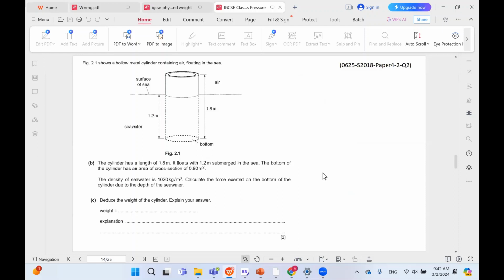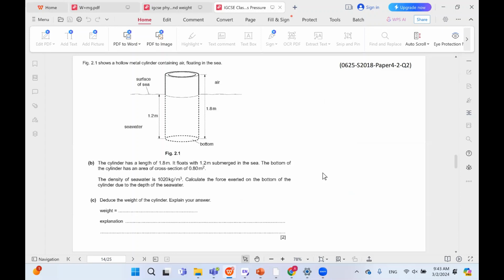Figure shows a hollow metal cylinder containing air floating in the sea. The cylinder has length 1.8. It floats with 1.2 submerged in the sea. The bottom of the cylinder has an area of cross-section 0.8 meters squared. The density is 1,020. Calculate the force exerted on the bottom of the cylinder due to the depth of the